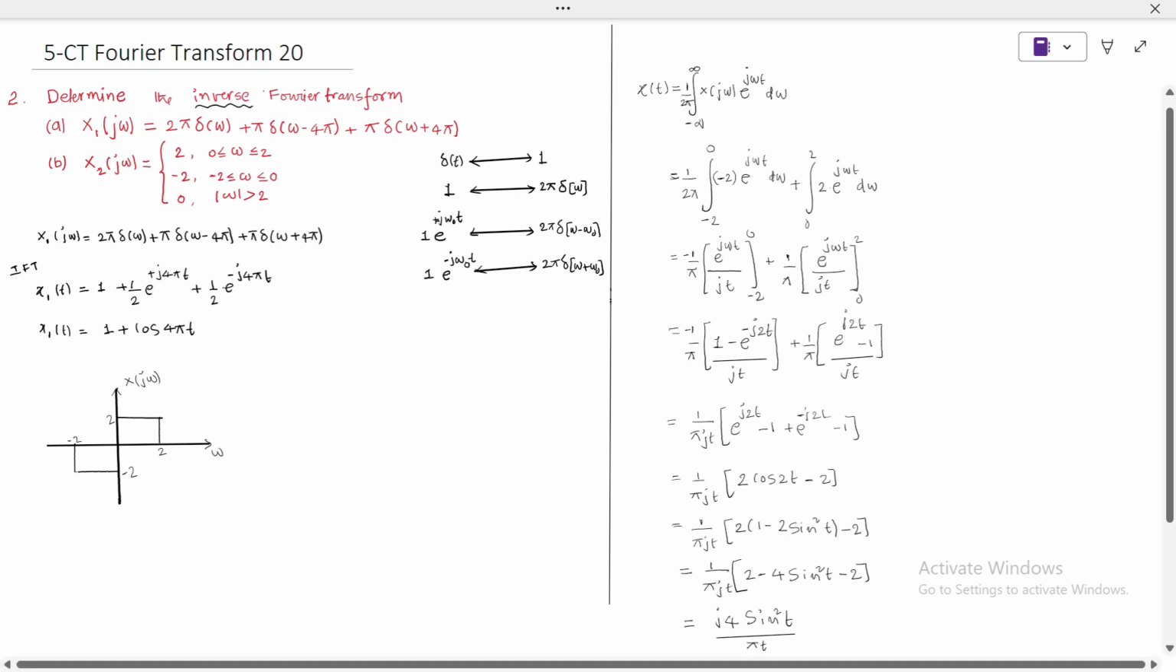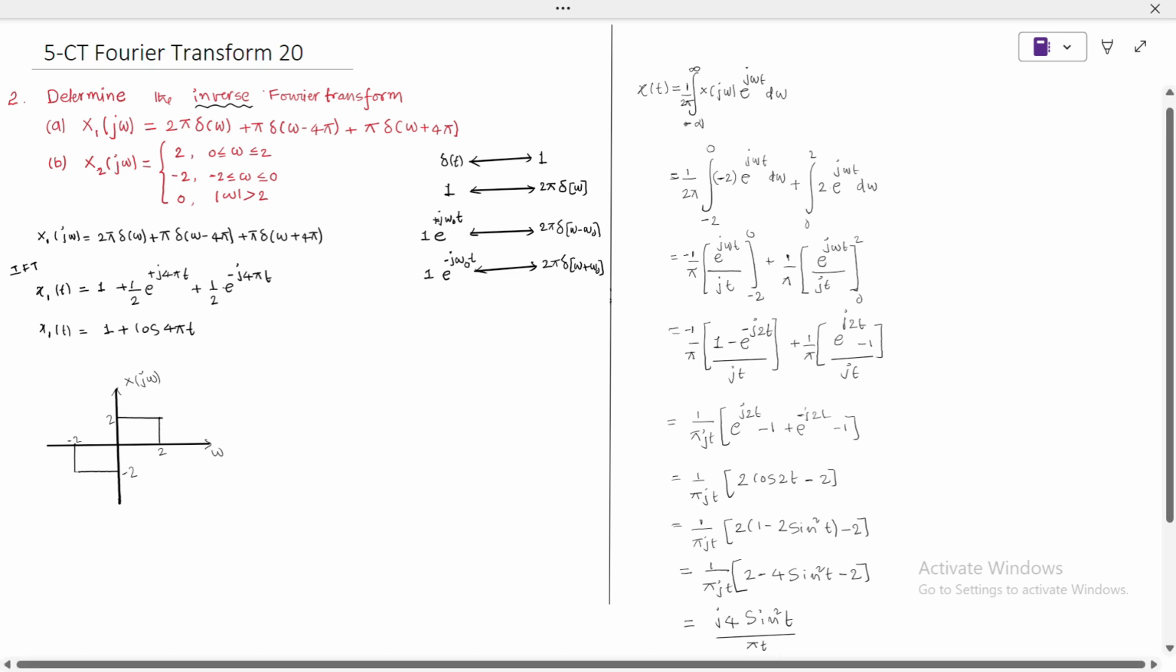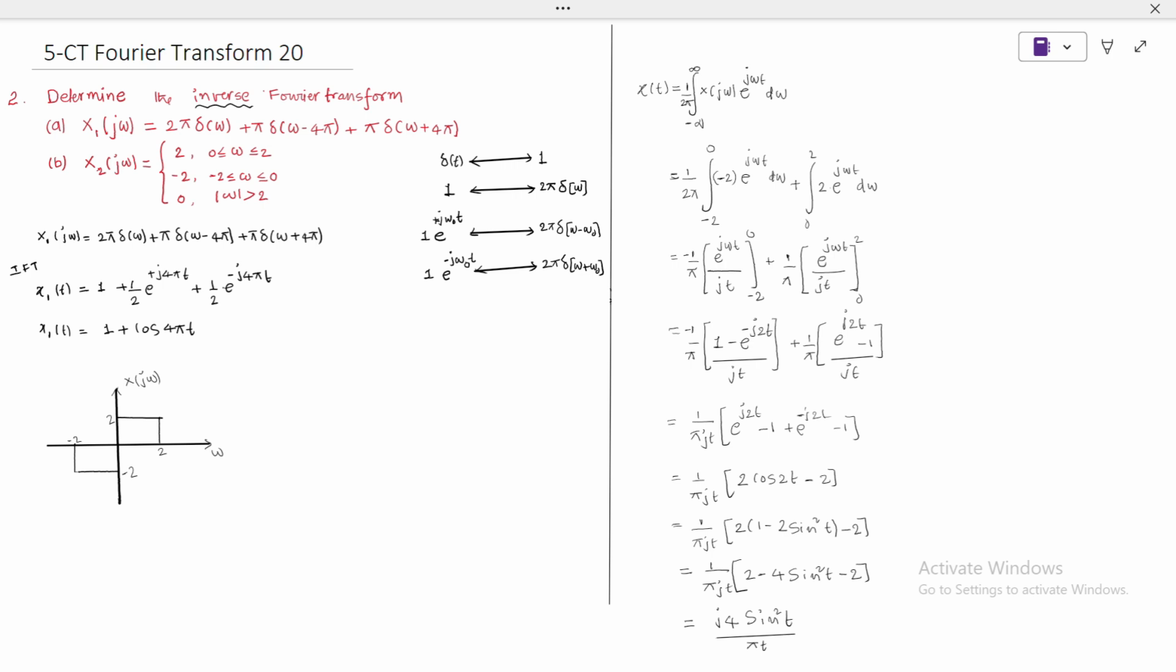So this is a method from the inverse Fourier transform formula. We can also solve this one with the help of the properties. For example, we know that